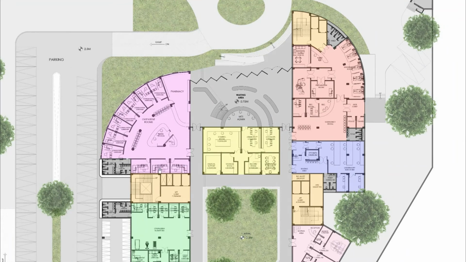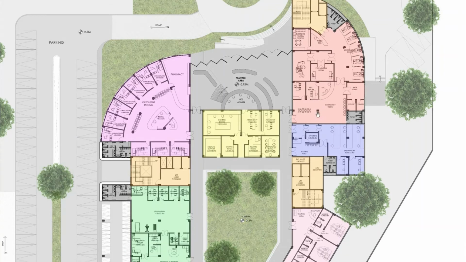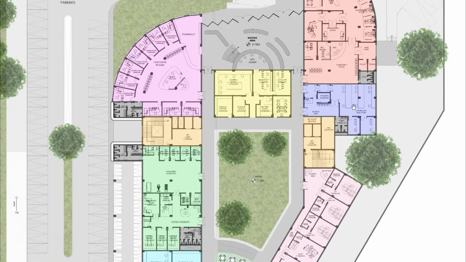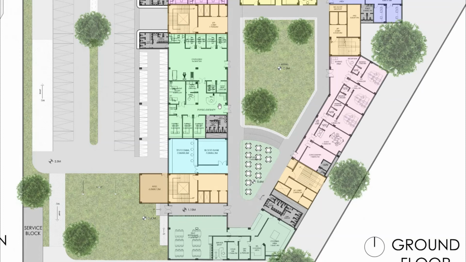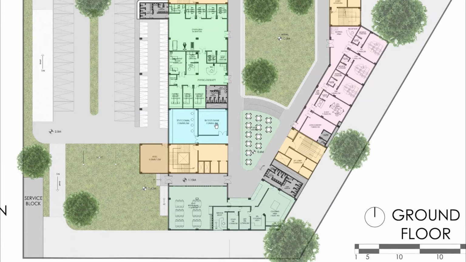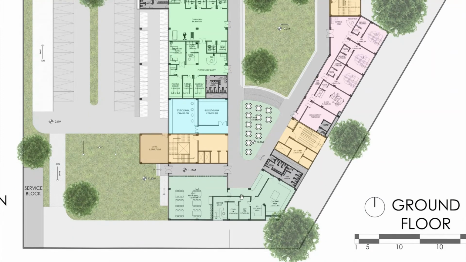Over here in the outpatient department, we have tried to optimize the form of a panopticon, where the nurse station is at the center and can have a look at all the consultation rooms at one go. Besides the emergency department, we have spaces such as laboratory and radiology towards the eastern side. We have physiotherapy on the western facade, and on the south side we have placed all the service spaces such as kitchen, dining, and restaurant.